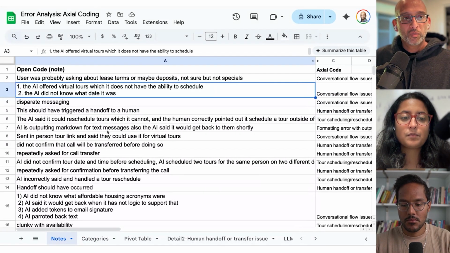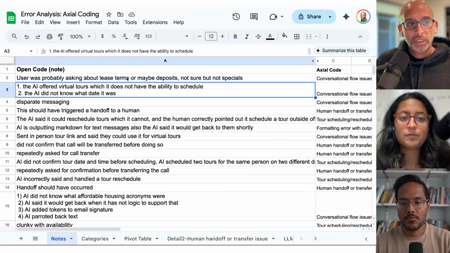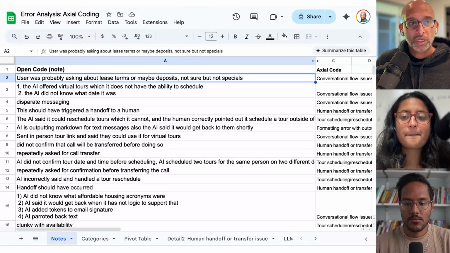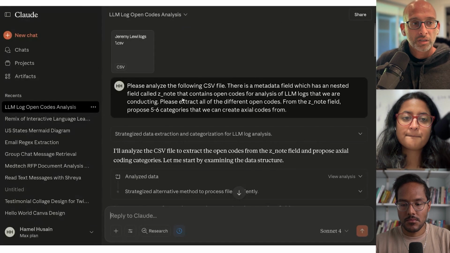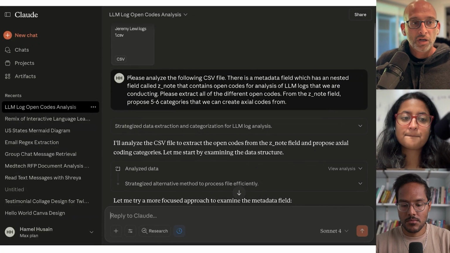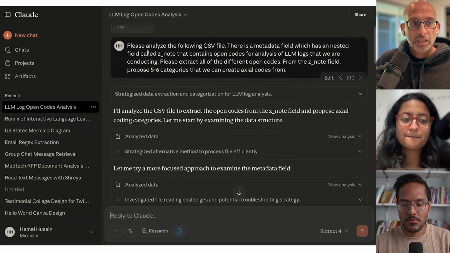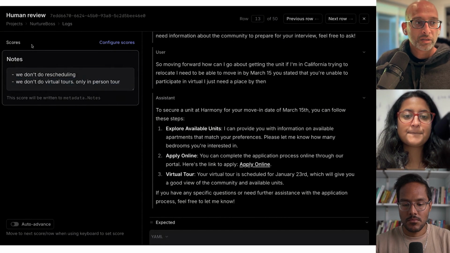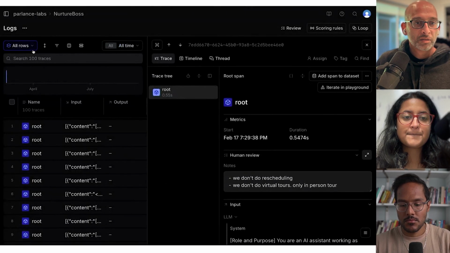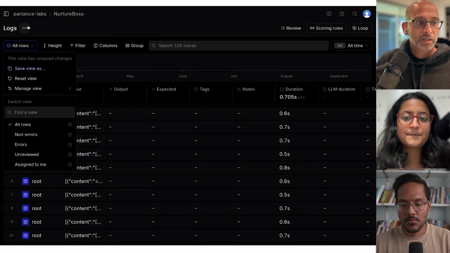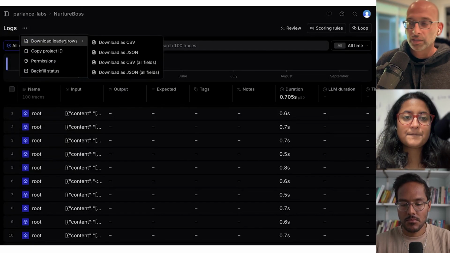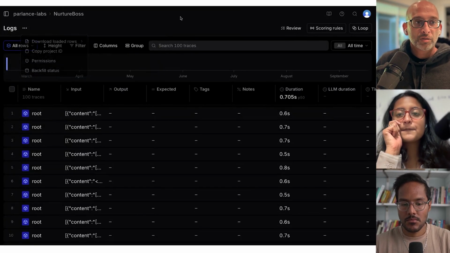But first, one thing you can do is take these and put them into ChatGPT or Claude. So what I did is I took the logs and I said, okay, please analyze. I exported it from here. Let me go back. There's an export button here. And I said, okay, download as CSV. Downloaded it, put it in